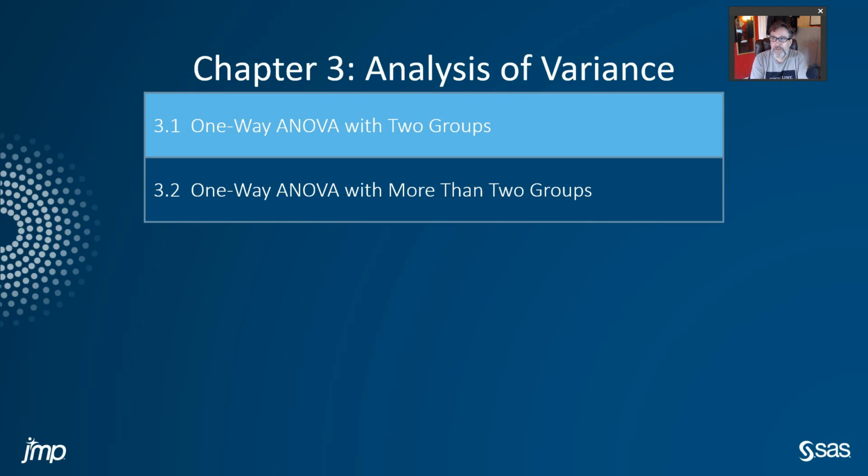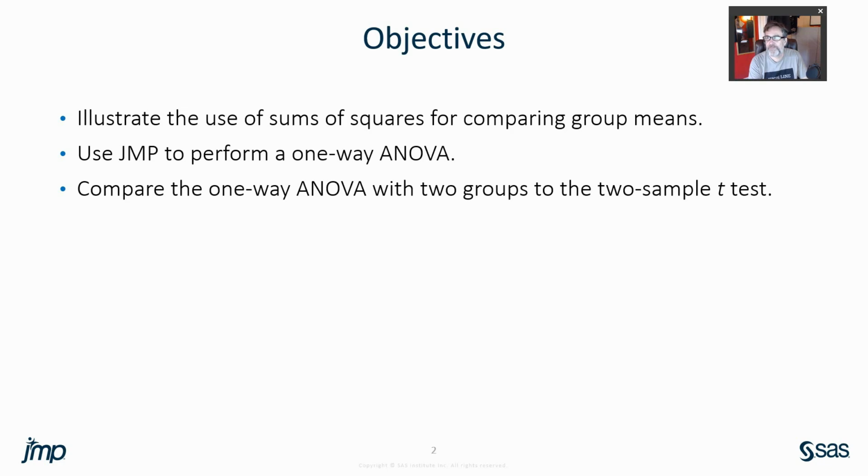Moving along. What do we want to do? We want to try and illustrate the use of sums of squares for comparing group means. We'll show the output from a JMP one-way ANOVA. And we'll think about the differences between one-way ANOVA and the two-sample t-test. Some of these things we'll do in our actual class, but for the purpose of this micro lecture,